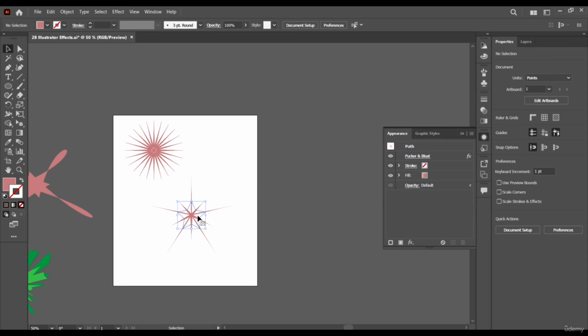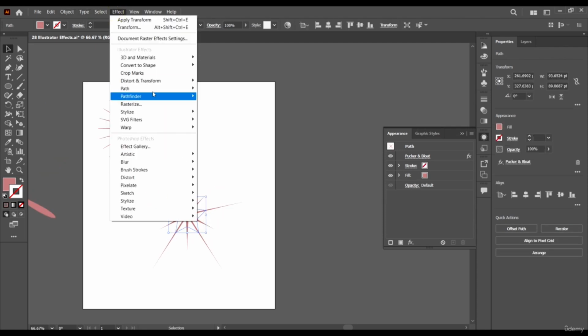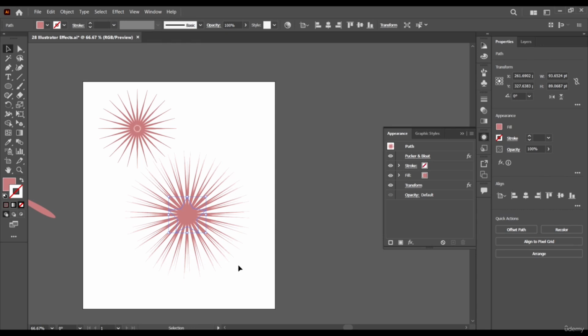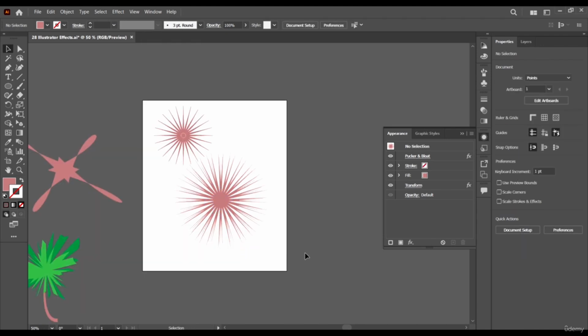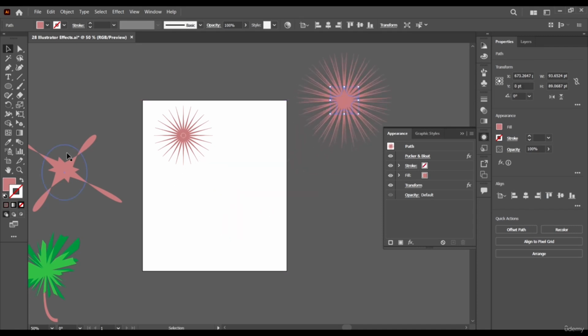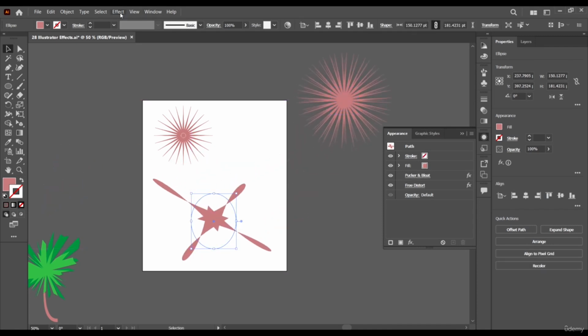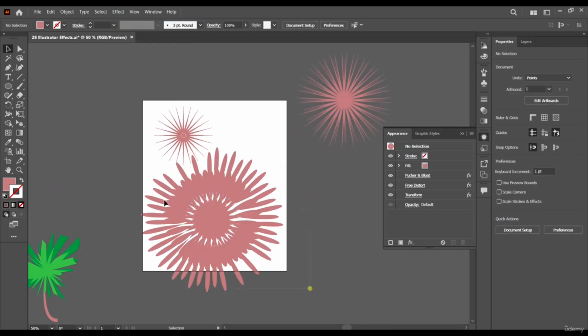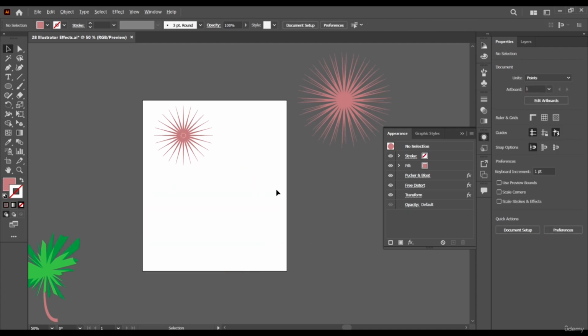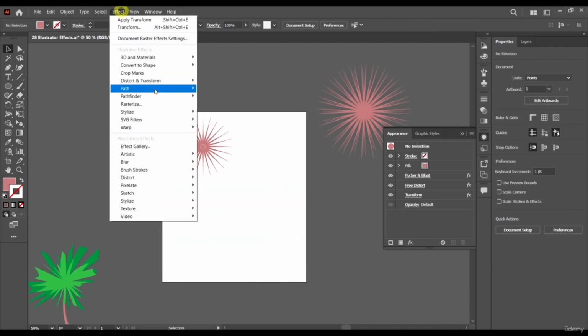Let's take this guy and give it a transform effect. And when you come here, you can actually apply the last effect. So if I just hit transform, you can see that automatically it takes the last effect with the settings and just applies it to the new one. Okay, let's assume we want to add two effects to this guy too. Yeah, looks ugly. So that's what the transform effect does.